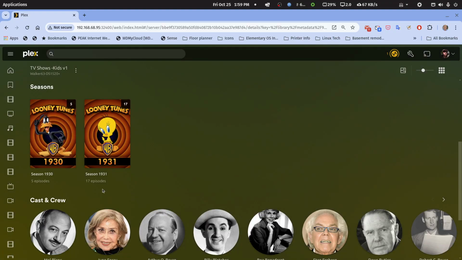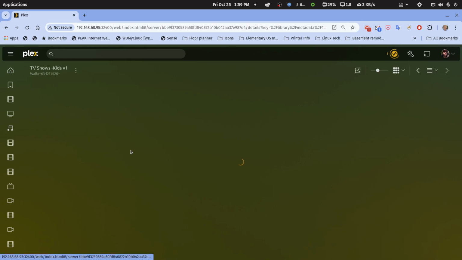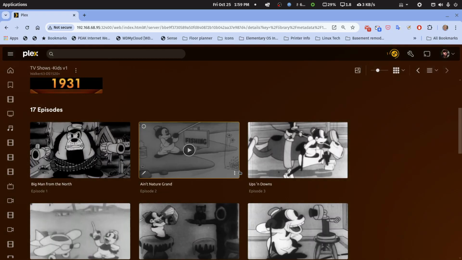So one reason I always name from TVDB is a virtual show at TVDB like the Looney Tunes. These are all old movie shorts, and TMDB is very strict. If it's not a TV show, it's not in their database as a TV show. And they only have aired episode ordering. What TVDB allows these virtual TV shows like these old movie shorts, like the Looney Tunes content, Tom and Jerry